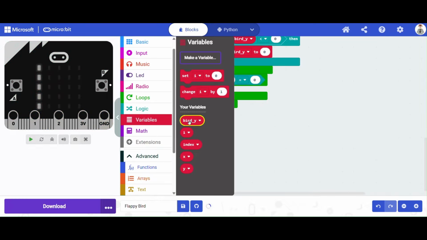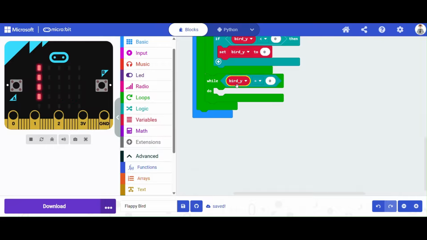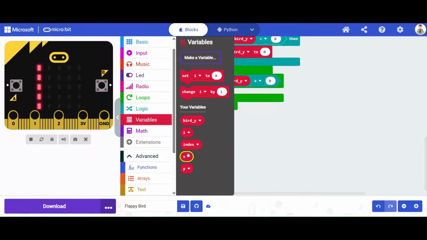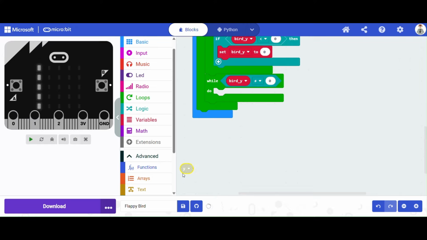We need to get variable bird y. So while our bird y is not equal to, so second one down, equals with the slash through. So while bird y is not equal to y, so this is where the hole is in the wall. So if it's not equal to y,